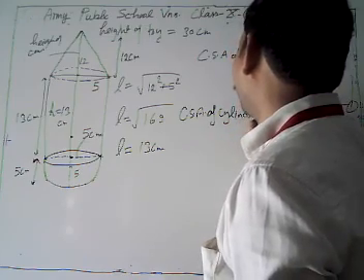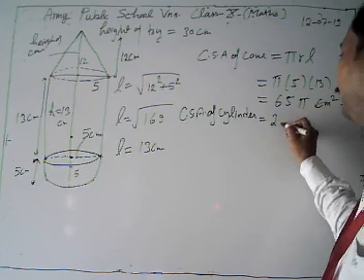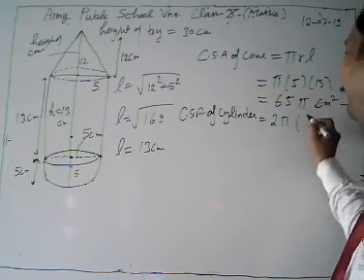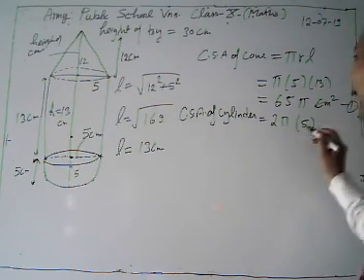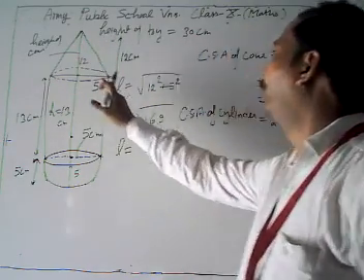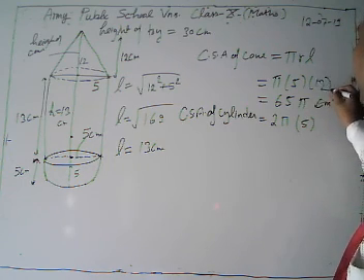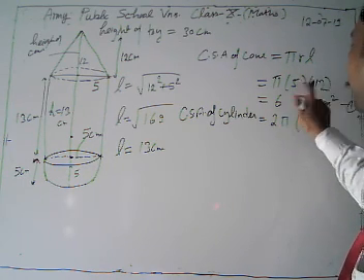What is the curved surface area of a cylinder? It's given by 2 pi r h. The value of r is again 5 here. H is 13. Look, we have a height of cone as 12, then we put 13 here. Sorry, my apology to you. 12 times 5 is 60. Then we have here 60 pi.